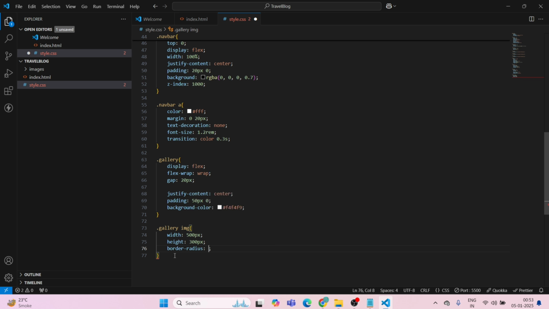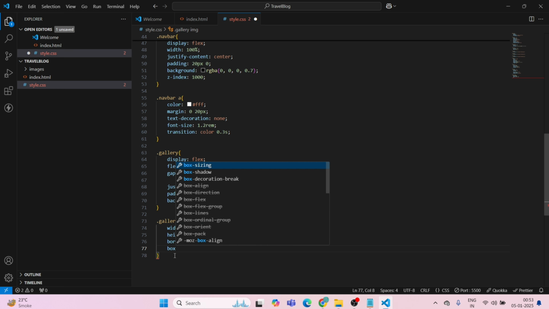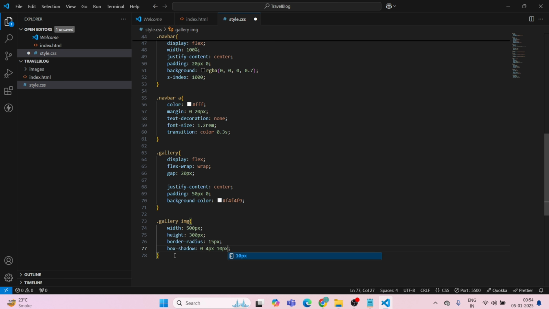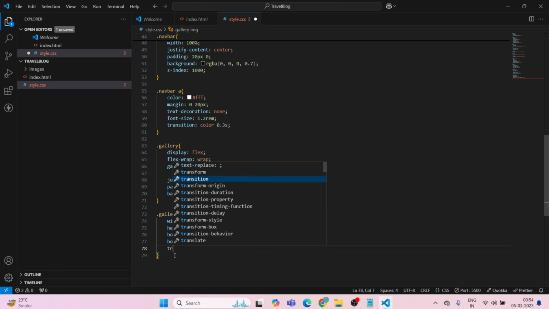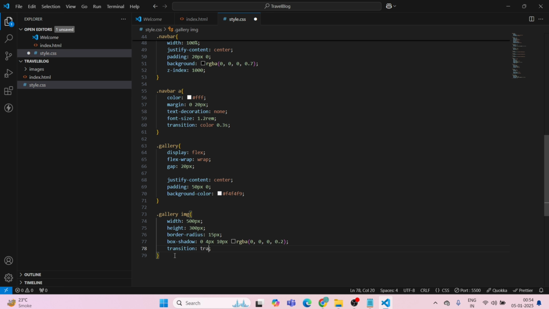Border radius 15 pixels. Box shadow 0, 4 pixels, 10 pixels, RGBA 0, 0, 0, but we should add this as 0.2. And transition transform 0.3 seconds, ease,